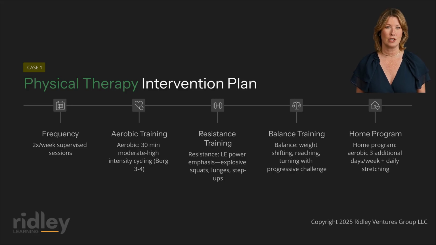and dual-task conditions. Physical therapy intervention begins with twice-weekly supervised sessions incorporating 30 minutes of moderate to high-intensity aerobic exercise on a stationary cycle, targeting a dyspnea score of 3 to 4 on the modified Borg scale. Progressive resistance training addresses lower extremity strength with emphasis on power development through explosive concentric movements in squat, lunge, and